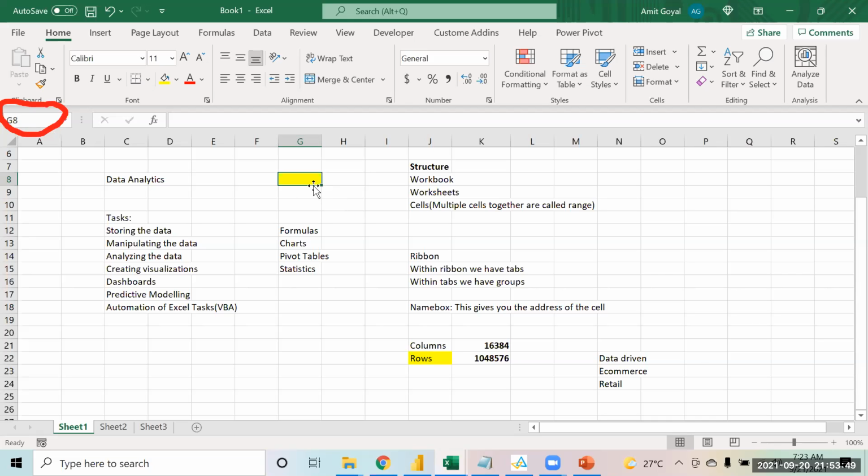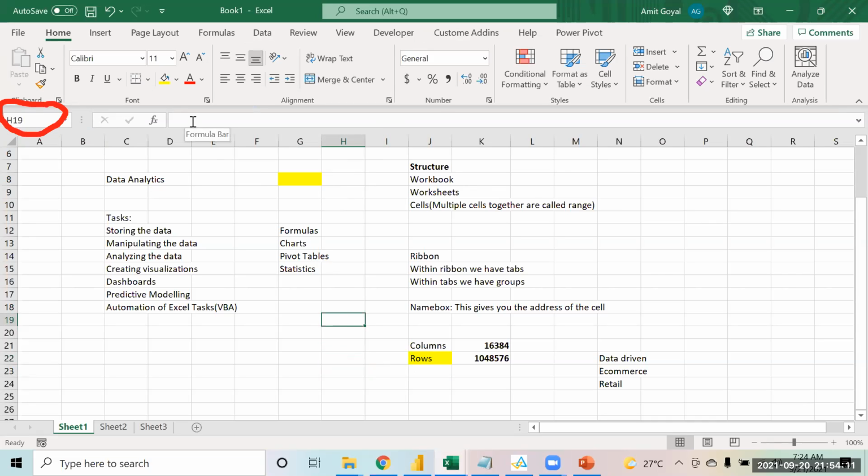So first you get the column name, then you get the row number. That is what you have in the name box over here. The name box gives you the address of the cell that you have selected.